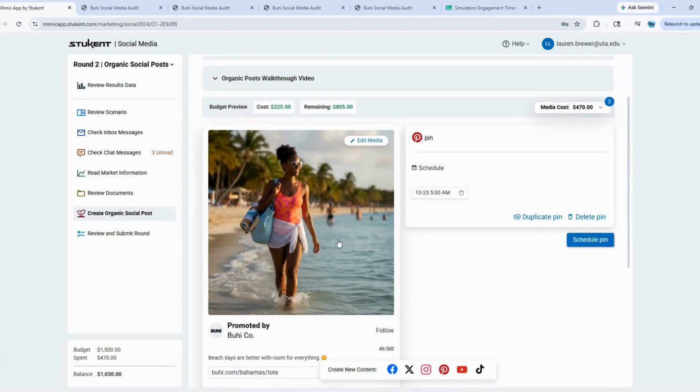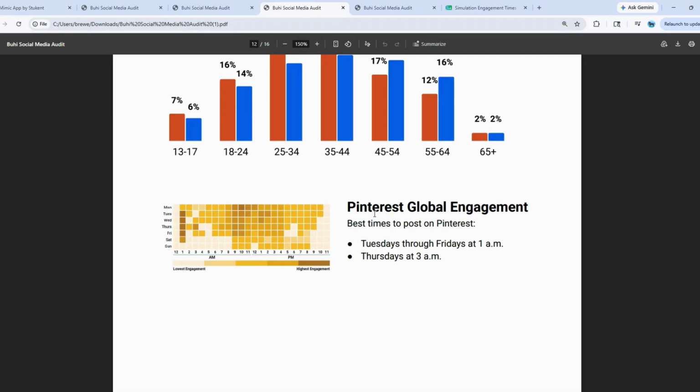Okay, so let's look at best times to post on Pinterest. So let's go back up to our audit, excuse me, and we'll look at our Pinterest times. So Pinterest is interesting because the best times to post are Tuesday through Friday at 1 a.m. Okay, this feels odd that 1 a.m. would be the best time to post, but we're going to follow it.